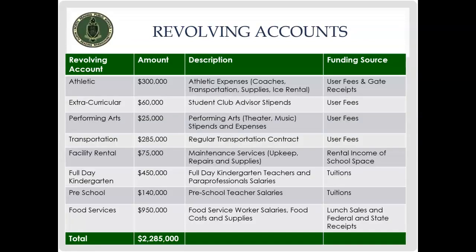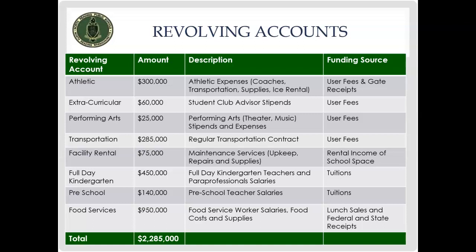So we talked a lot about grants, our annual state and federal grants. We just reviewed a lot of the pandemic COVID-19 relief grants that have been available since fiscal 20 and 21, mainly fiscal 21. And now we're going to look at the revolving special revenue accounts and what's the funding source of those and what the offset amounts has been. So unfortunately, in North Reading, we have had to assess user fees and tuition-based costs for full-day kindergarten and preschool. They are a direct offset to our expenses for the revenue that brings in.